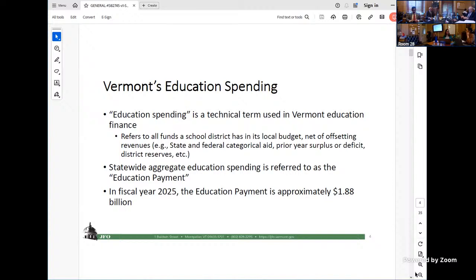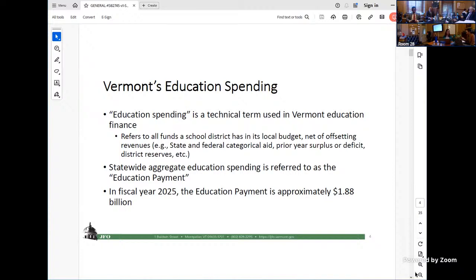I'm not sure I understand the question. Are they completely free without any state input to keep a surplus year to year, to run a surplus? Taking a step back, the school district has built its budget. Yeah. That budget is approved by local voters. It needs to be approved by local voters.